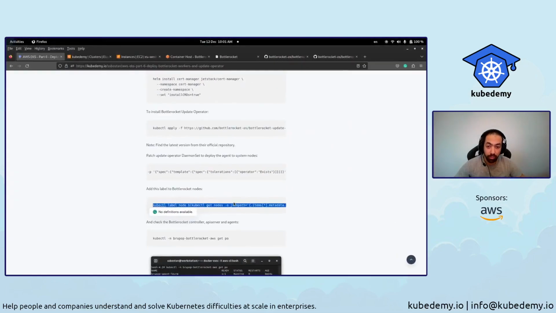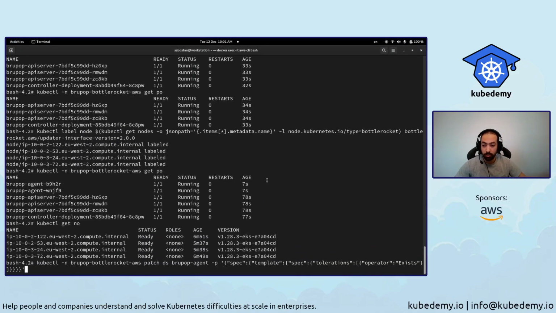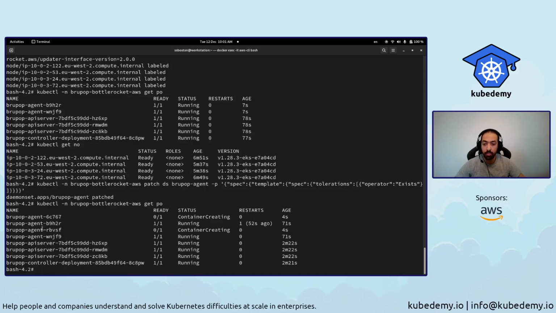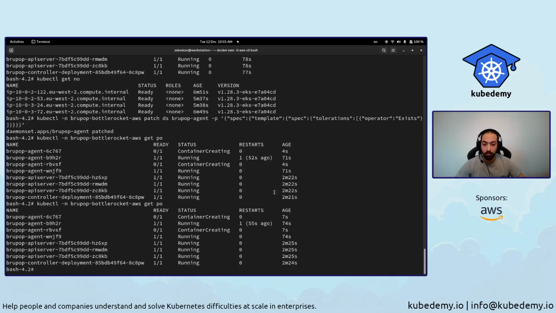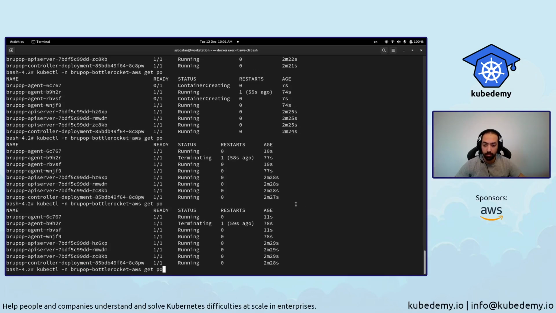To do that, you can run this command to patch its daemon set, and as soon as you do it, you can find that the new agent will come up, and